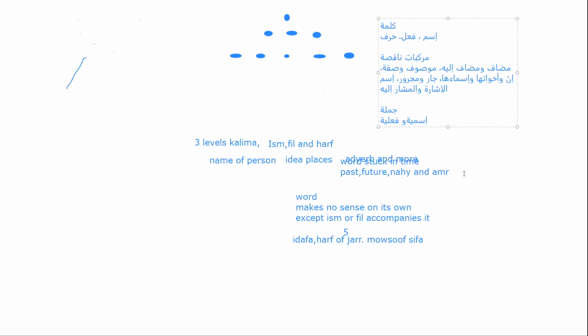So we have mubtada and we have khabar, or... let me just do this. So jumla ismiya starts with ism and consists of,